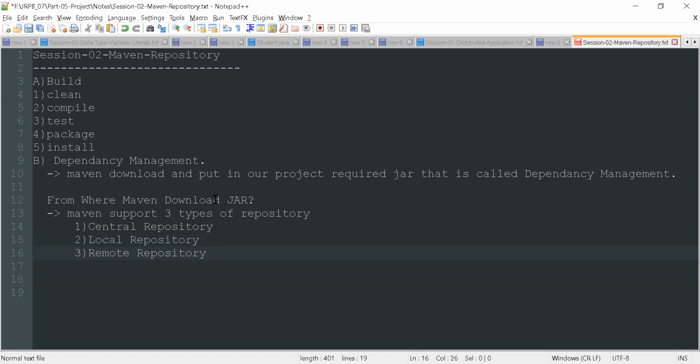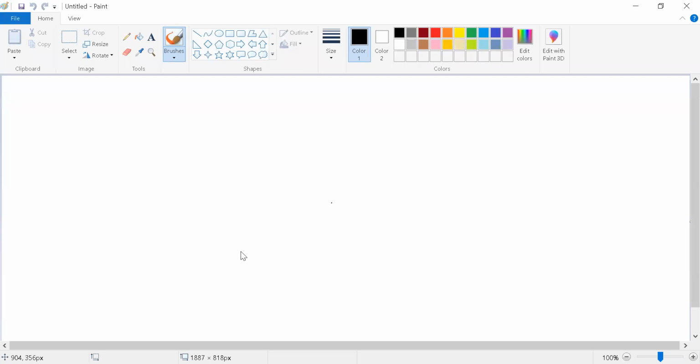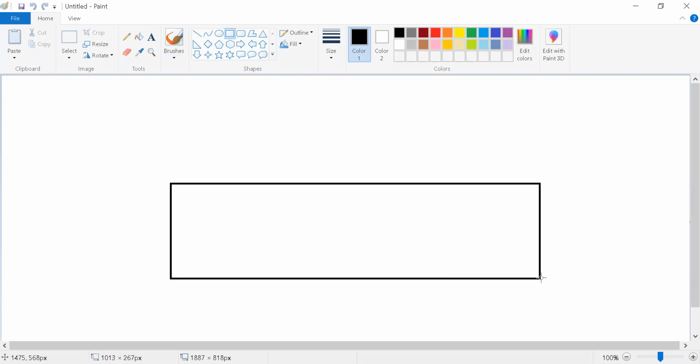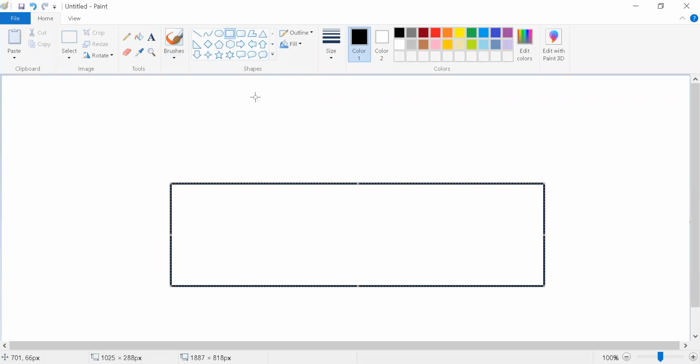From where does Maven download jars for our project? Maven supports three repositories. So we will see one example in Paint using a diagram. I'm opening my Paint. Suppose we have our local system, our local machine.